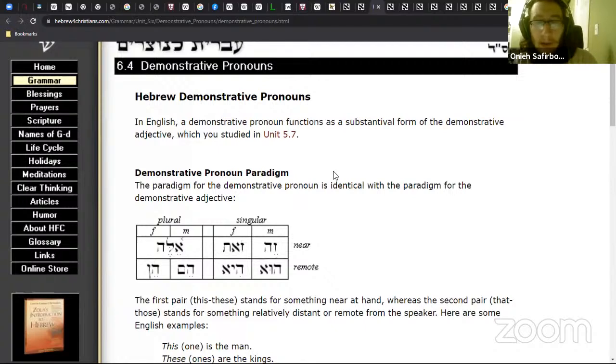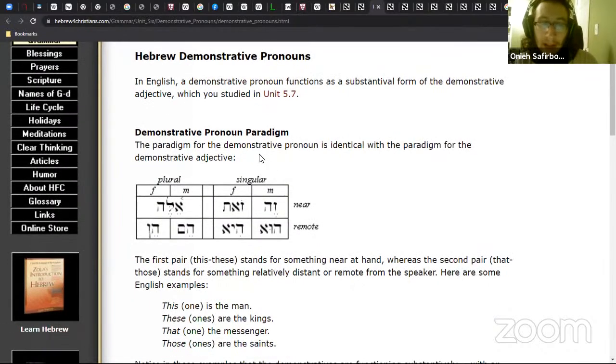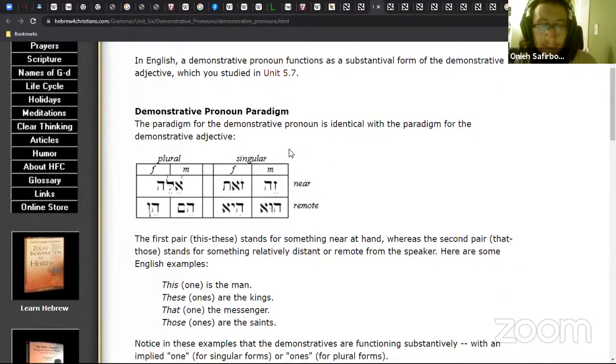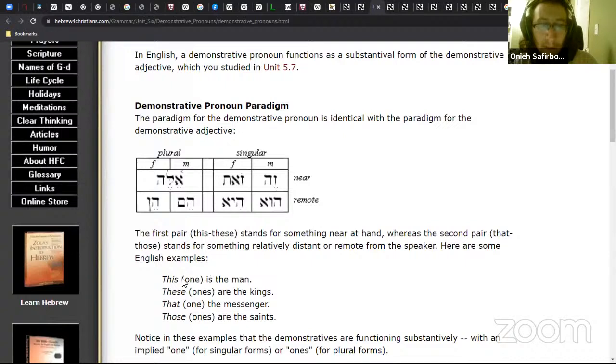Okay, so now we are doing demonstrative pronouns. Okay, and when you say, okay, so